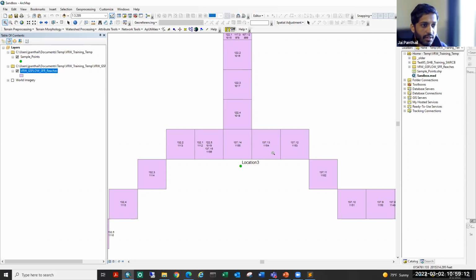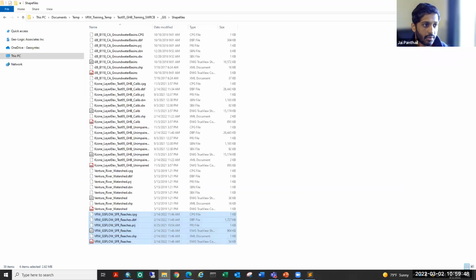So if I'm interested in only 122, I can either select this number here, 1018, or I can select this number here, 1019, which is one reach downstream. So I'm going to select 1019, which is just the last reach of segment 122. So now I have three SFR locations, three streamflow locations that I'm interested in that I need to add output for. So if I go back to the model,